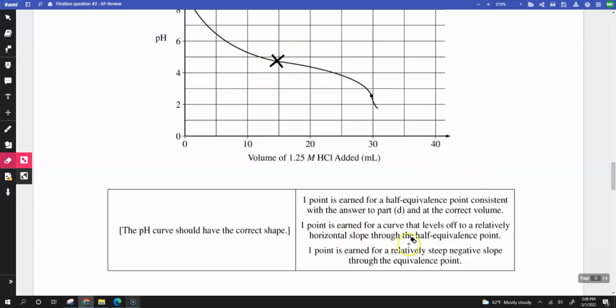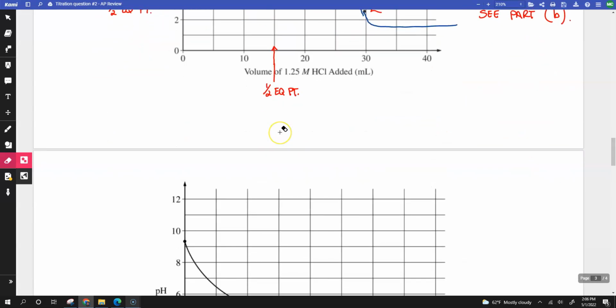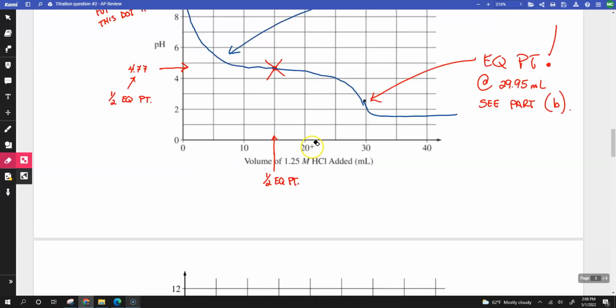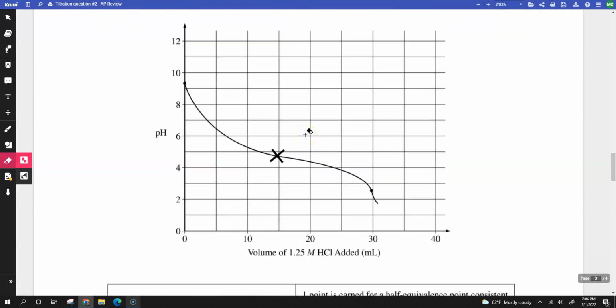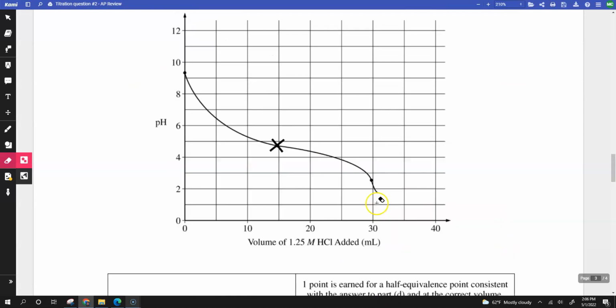You get 1 point for the curve that levels off to the relatively horizontal. Again, it's not horizontal. Mine is more horizontal than theirs. And again, I really hate this curve. That's my editor's note. And then you get 1 point for a relatively steep negative slope through the equivalence point,